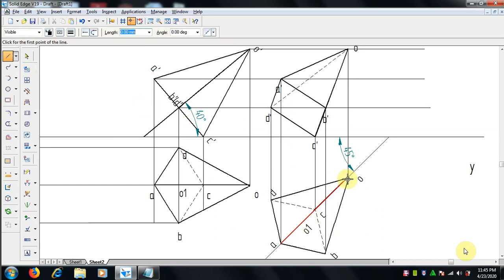And then the axis, we have to mention O2, O1, that is O1 to O1 dash. We have to make it project just using the line command, and then we will do it.